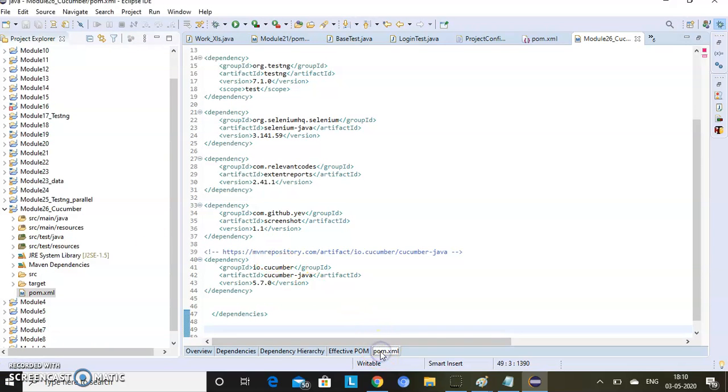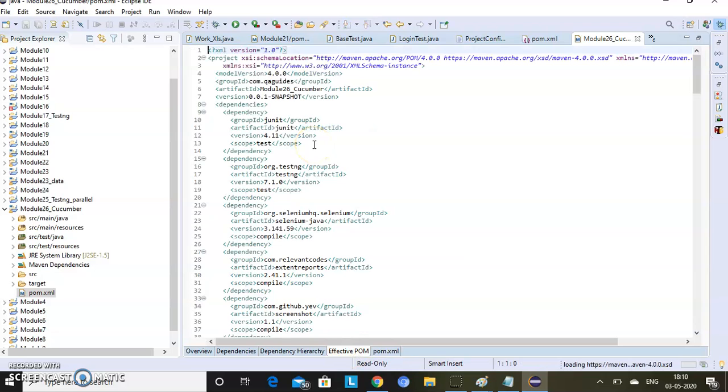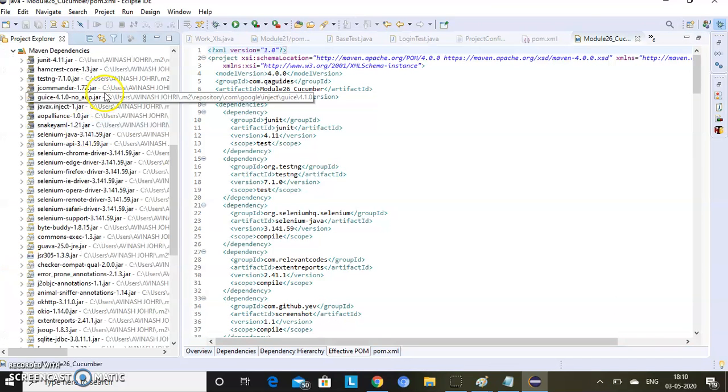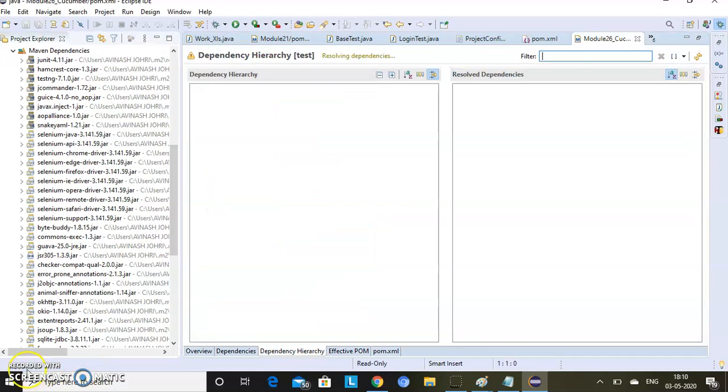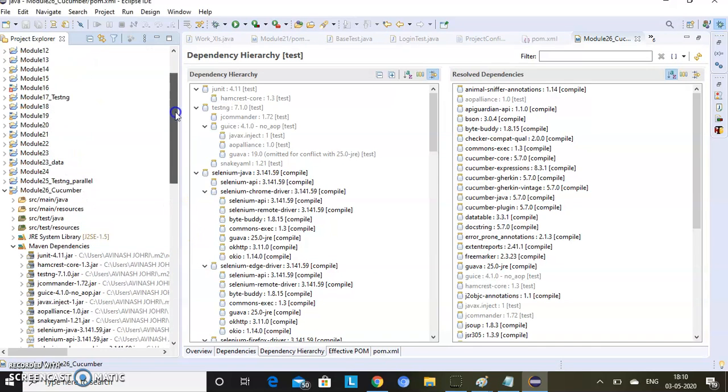Now click here and click on effective pom also. It will download. It is loading all the dependencies. You can see it has loaded all the Maven dependencies, and the Cucumber dependencies also got downloaded.